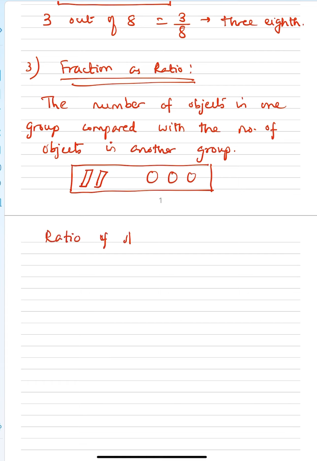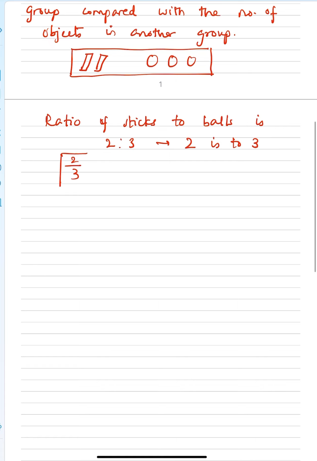Ratio of sticks to balls is 2:3. This is called 2:3, or we can represent it as 2 upon 3 as a fraction. Okay,